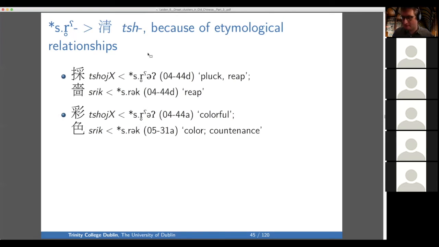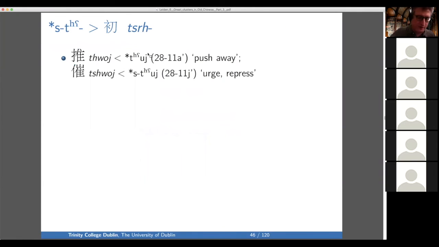So they admit that they have no idea what's going on here, but it may be some kind of dialect variation. And I will mention here that there are other cases of etymological relationships between final K words and final glottal stop words. And I think that is something that, generally speaking, needs more work done on it. Okay. Now,